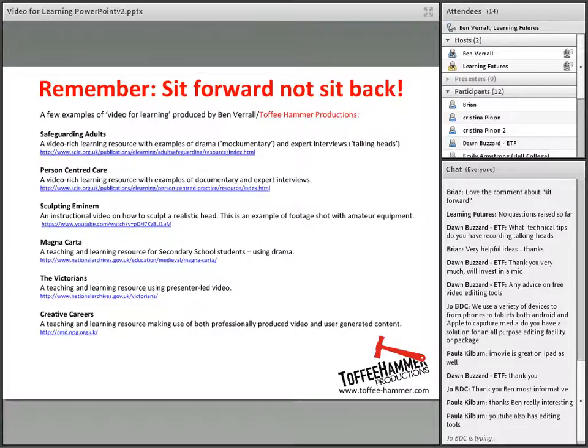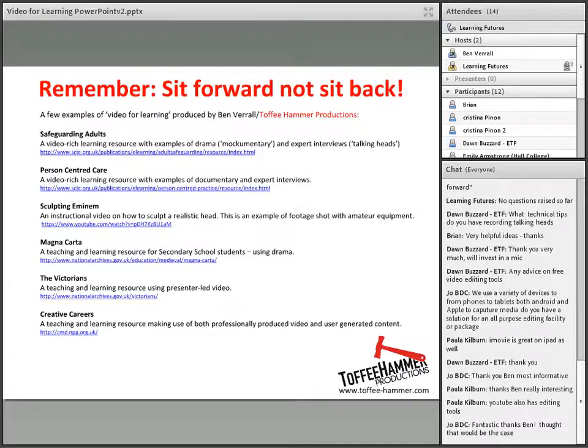So I won't go into the details now, but it is certainly something I can follow up with, particularly if I know the specific circumstances of the different types of video being used. It takes time, as in the computer needs the time to do the processing, but it's not very labor intensive. It's the computer that does the work, not you. Brilliant, thank you, Ben.